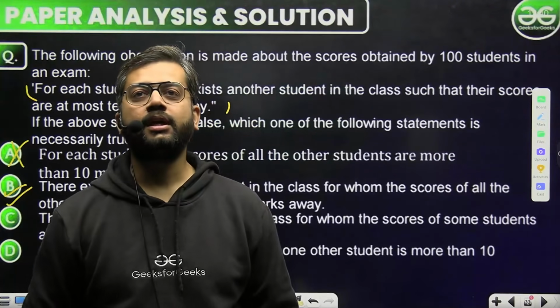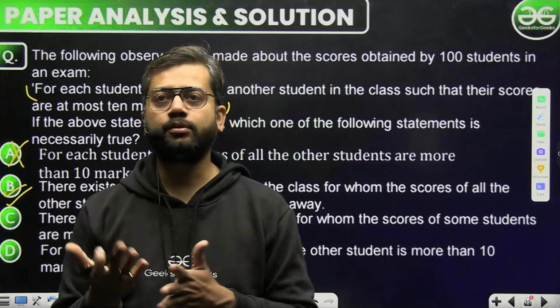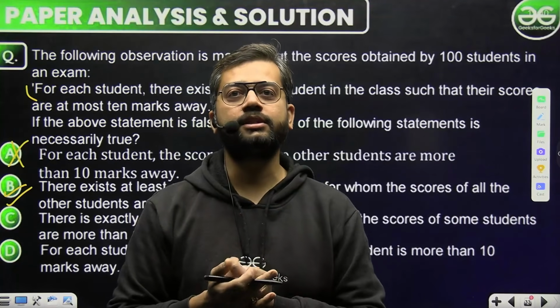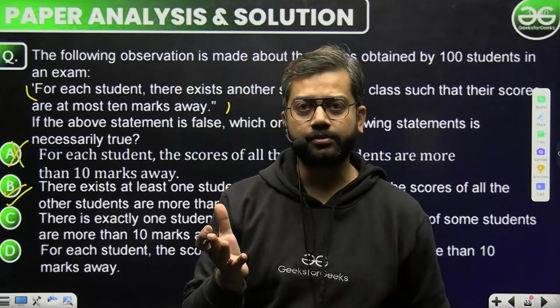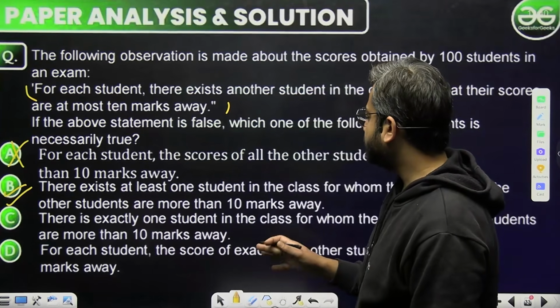ये बिल्कुल सही स्टेटमेंट है। ऑप्शन नंबर बी, क्योंकि मैंने फिर से बोला था हमारी बात एटलीस्ट के बारे में हो रही है। देखो हमेशा ध्यान दीजिएगा कि जो स्कोर होता है अदर स्टूडेंट्स का, वो हमसे बोल रहा 10 मार्क्स अवे है, लेकिन ये बात भी एटलीस्ट के बारे में हो रही है, तो इसलिए इसको हम लोग नेसेसरली ट्रू में डालेंगे। देखो एक पार्शियल ट्रू भी हो सकता है,